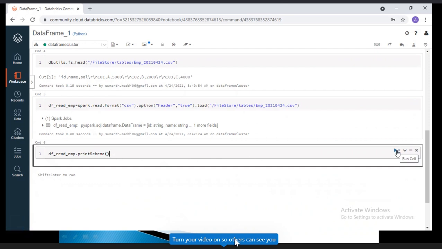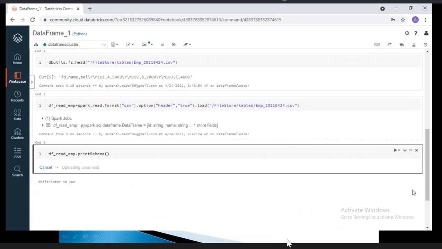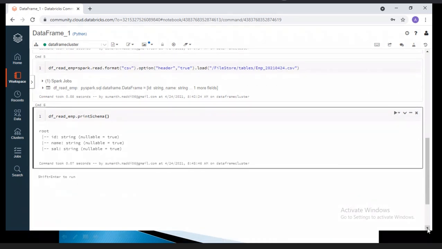Let me go and execute. All right, now you're able to see the root: ID, name, salary. If you want to display the schema information, we'll use the specific function, printSchema.